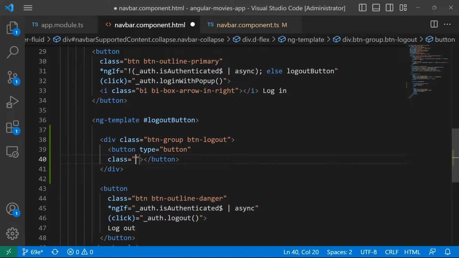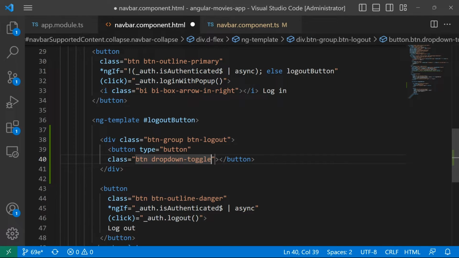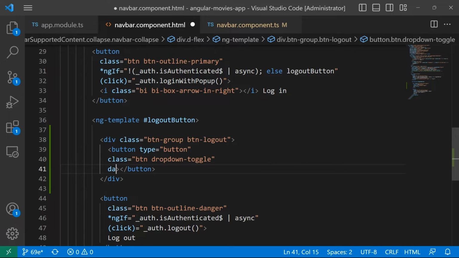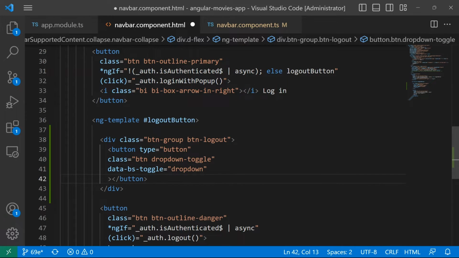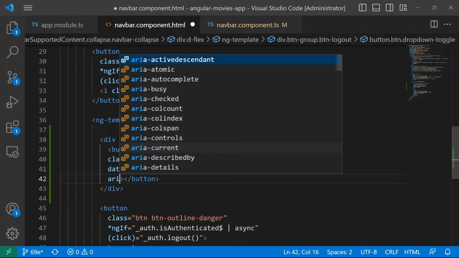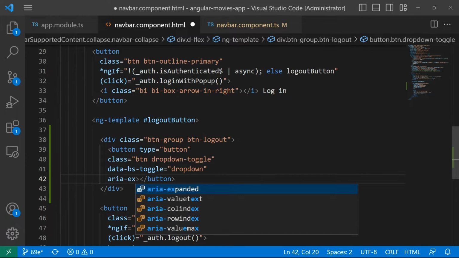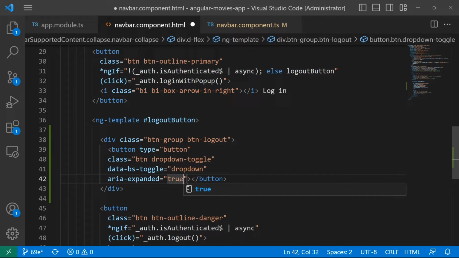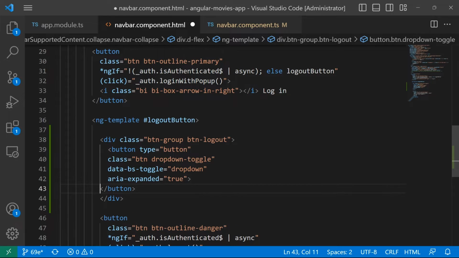Let us set the class to be btn, then dropdown-toggle. After the class, we're going to set data-bs-toggle. This is going to be a dropdown. And then we're going to set aria-expanded is equal to true. Inside this button,